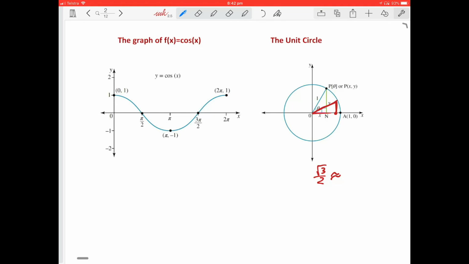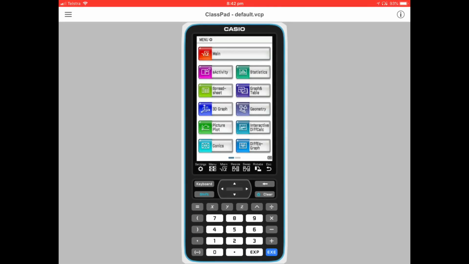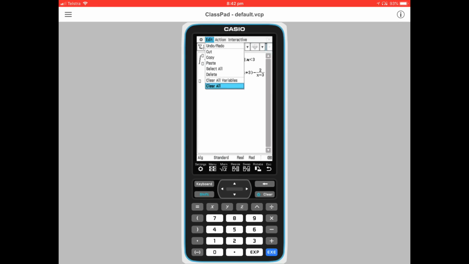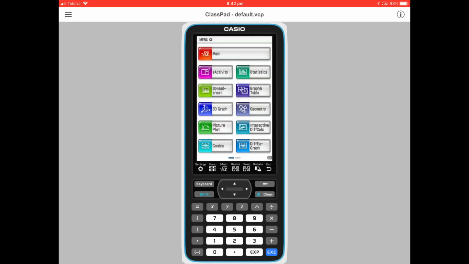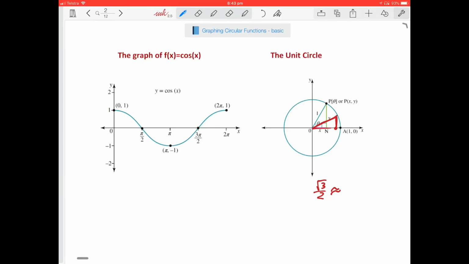What is it? 0.833? Let's have a look. Clear this. Root 3 on 2 as a decimal is 0.866. Okay, so it's 0.866. However, if we go around, like here, if I get the value off the x-axis,